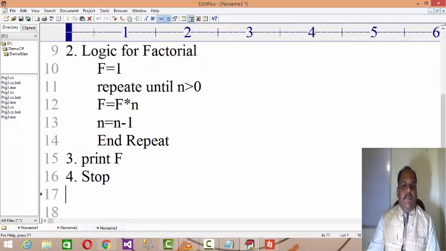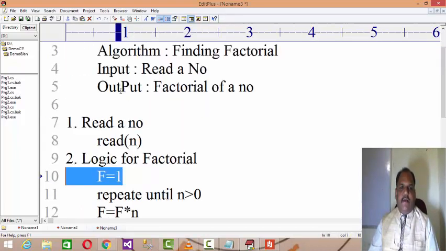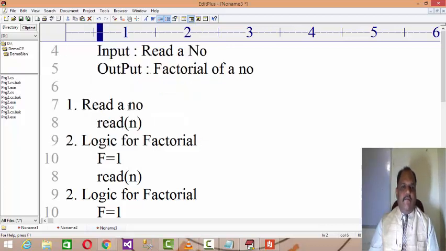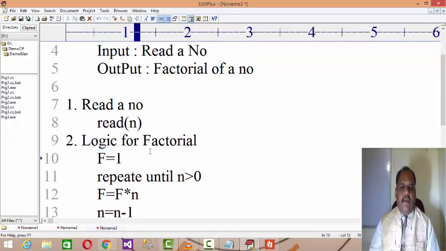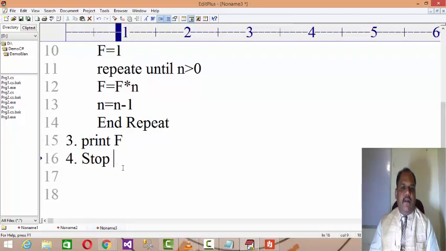So once your algorithm is ready, I hope you understand this logic for factorial. F equals to 1 as you are holding multiples. As I said, factorial means you have to reduce the value of the number till 1. So you set while n is more than 0, n minus 1, and the value of n needs to be held in f. So f equals to 1. F is a variable which is holding the multiplication values of n. So n reduces itself by 1 till it remains more than 0, the multiplications are held in f, and at the end if you print the value of f, you will get the factorial of any given number.